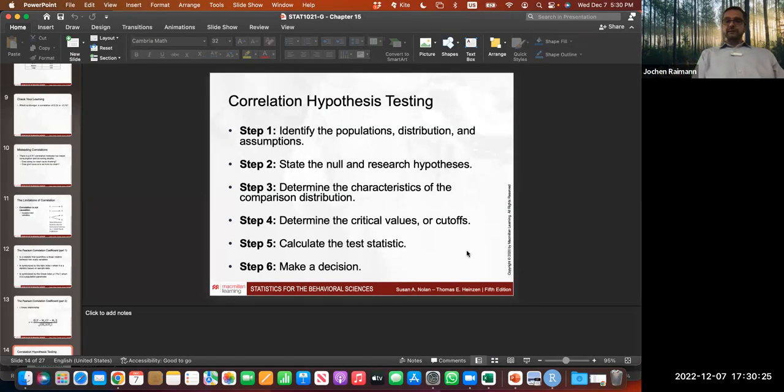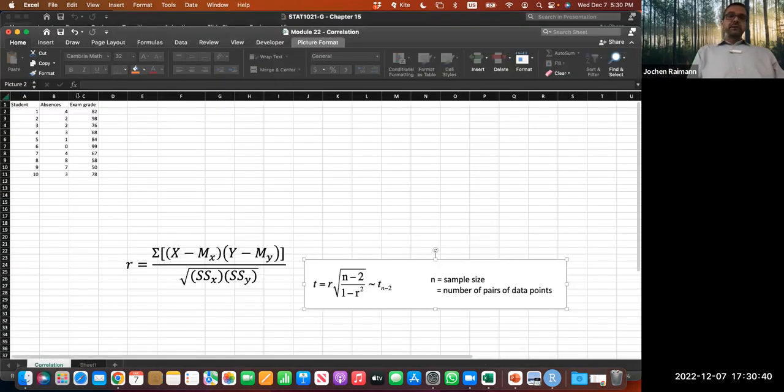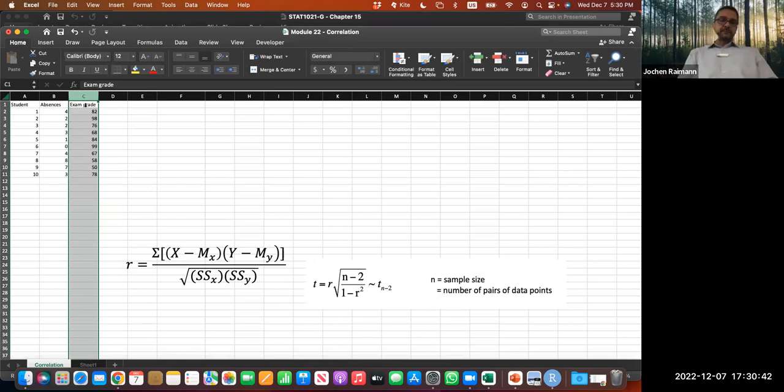Then you calculate the test statistic, that's your R. And based on your critical value and your test statistic, you make a decision whether there's a correlation or not and whether you reject the null hypothesis or not. So it's essentially simple, right? So the way to calculate that,